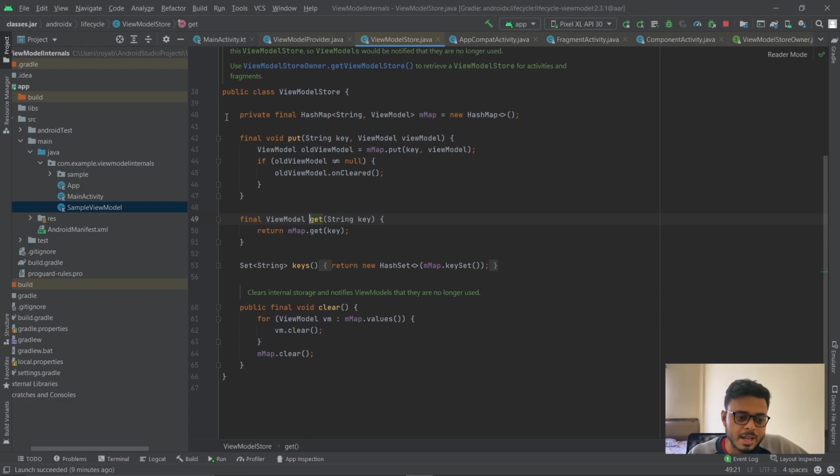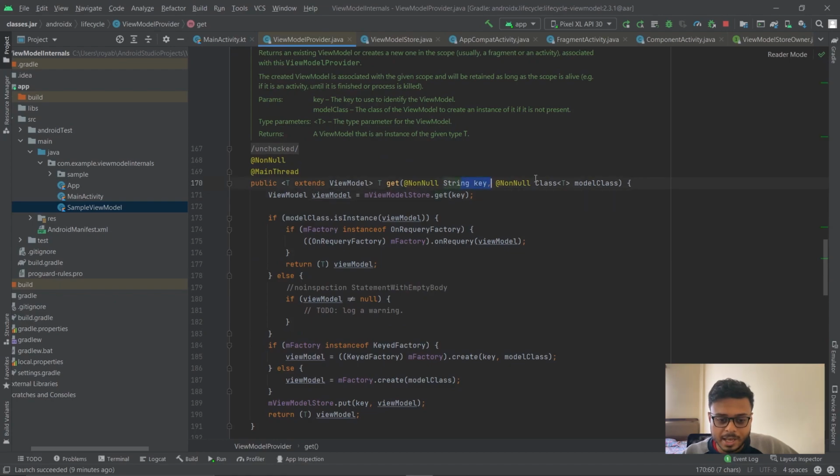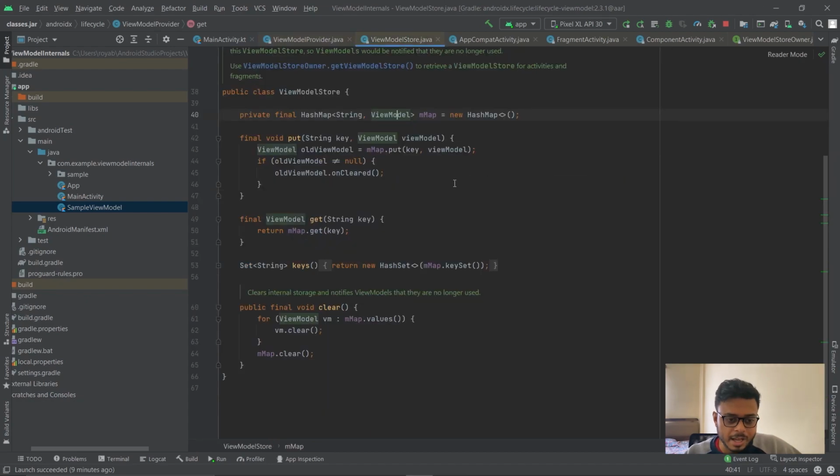So this has a hash map where the key is a string and the value is a view model.